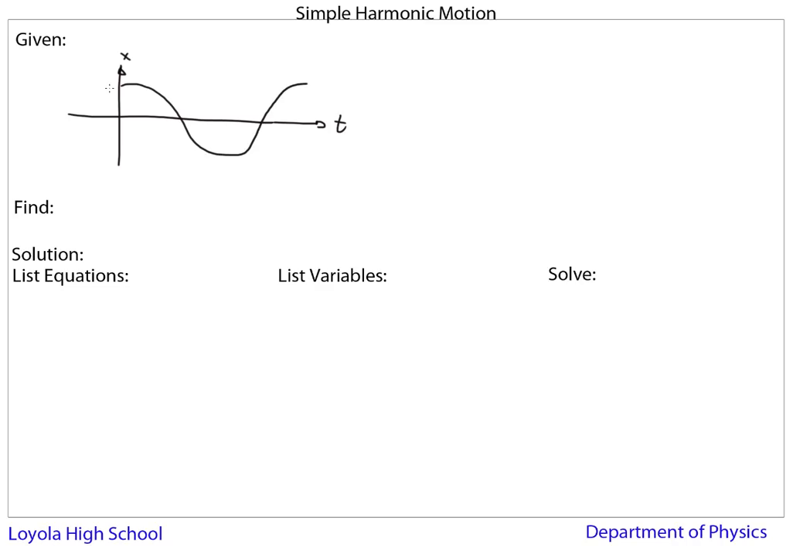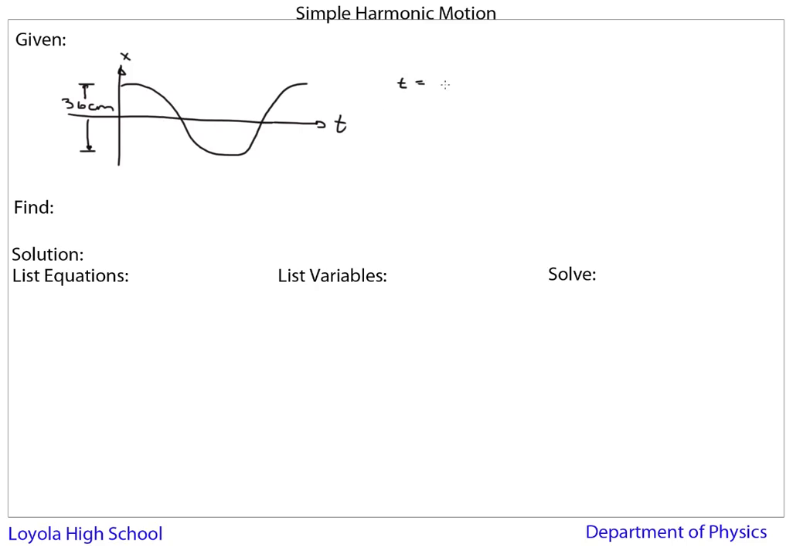The given says that the peak to peak value, or the distance from the peak to a trough, peak to peak here, is 36 centimeters. So 36 centimeters is this distance, from top to bottom. And the other thing that we're given is that the time